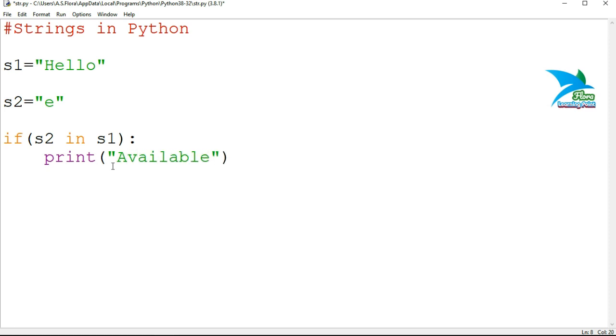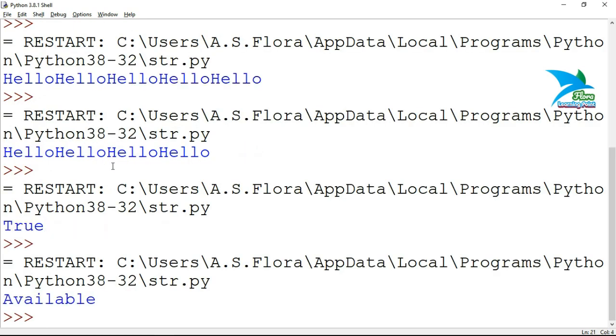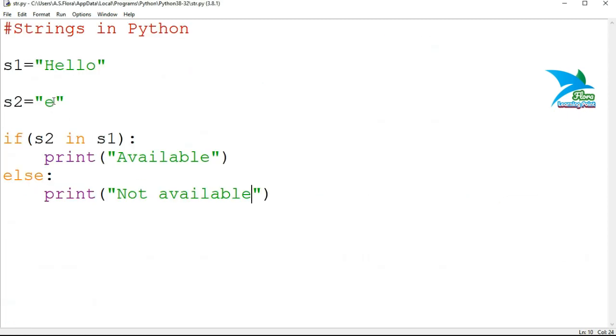So I can print available, else print not available. Save it and run this one. Now the result is available because the condition is true.